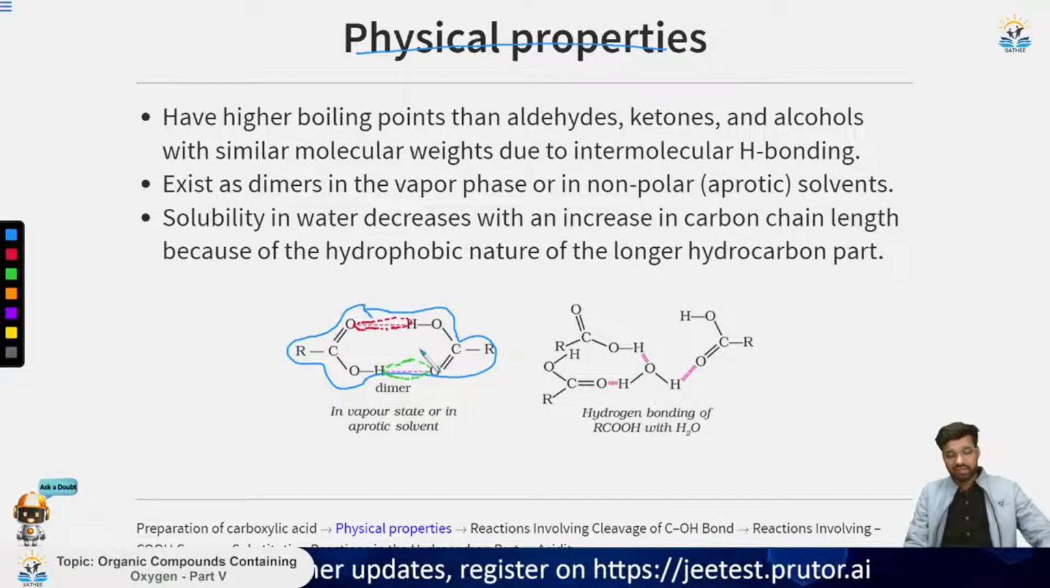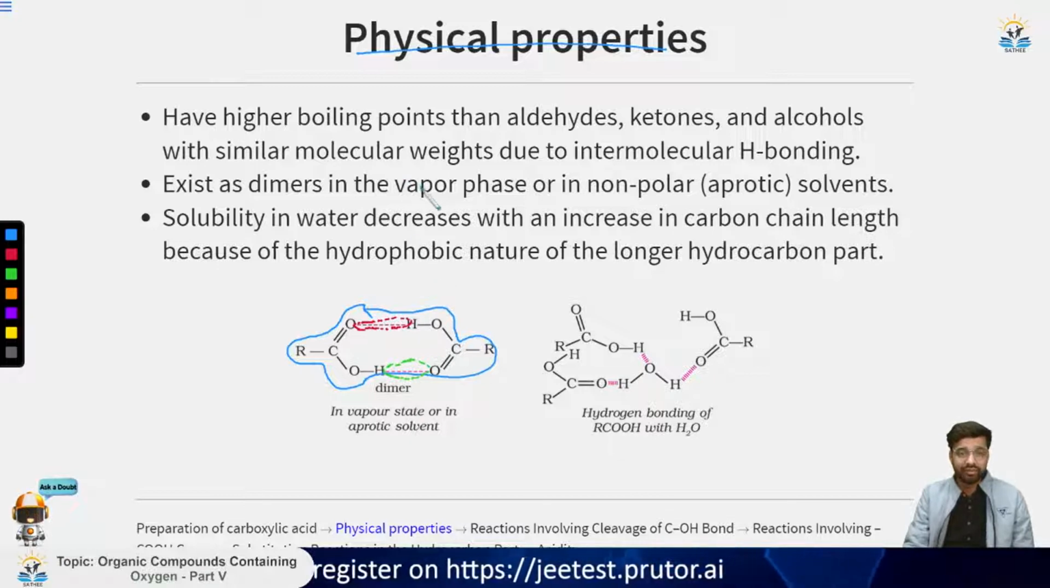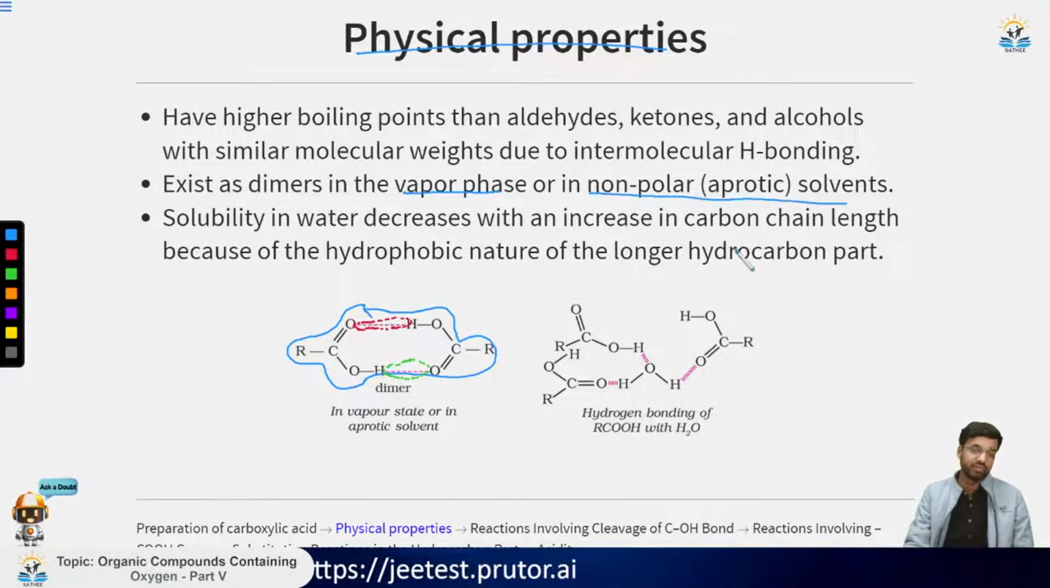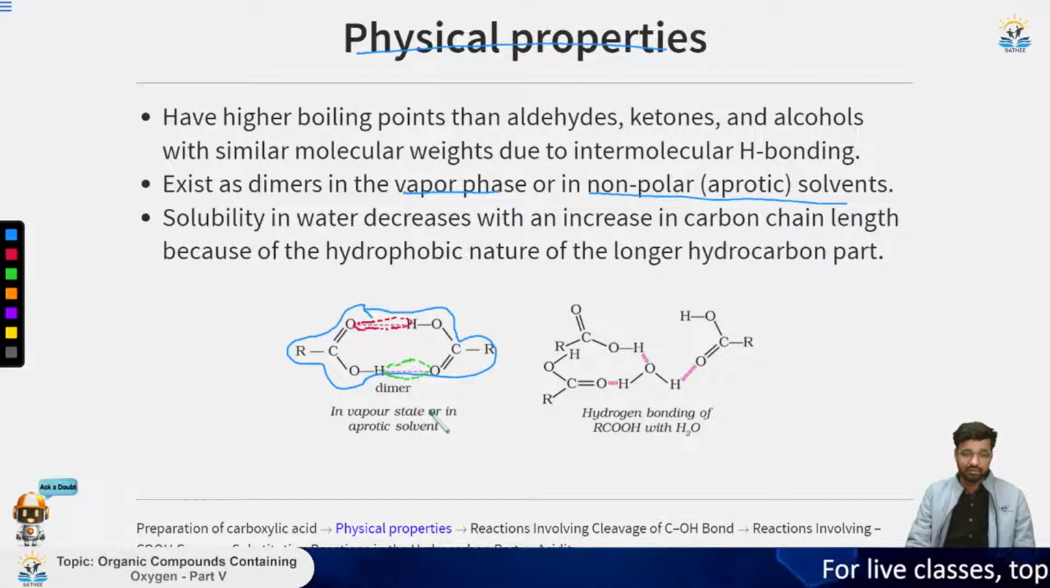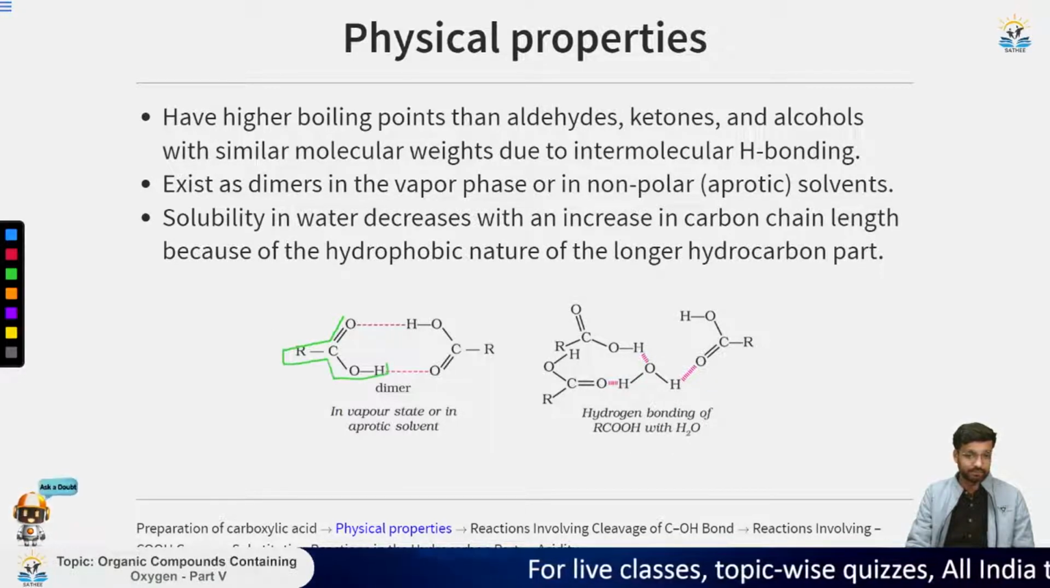Now, the next thing to notice is that they can exist as a dimer in the vapor phase or in a non-polar aprotic solvent. So if it is present in a non-polar aprotic solvent or in the vapor phase, it can form a dimer like this. This is an example of the dimer that we are having here. So if I represent two molecules, this is the first molecule that we have,